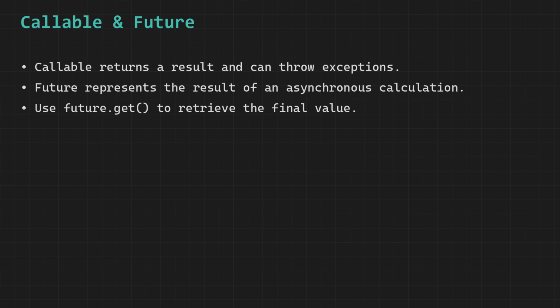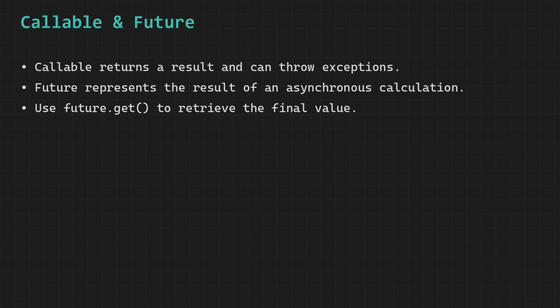However, a callable is a much more powerful and sophisticated type of task because just like a professional chef who works in a kitchen and puts all their skill and effort into preparing a meal and then proudly returns a beautifully plated dish to the customer, a callable performs its work on a background thread, and when it is finished, it hands back a concrete result of a specific type to whoever submitted the task, making it ideal for situations where the outcome of the background work is actually needed by the rest of the program.